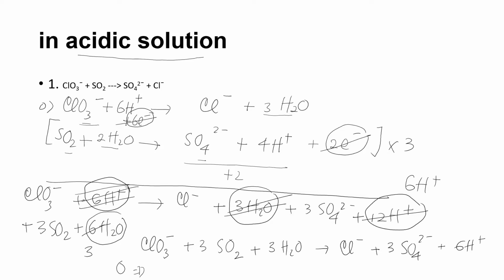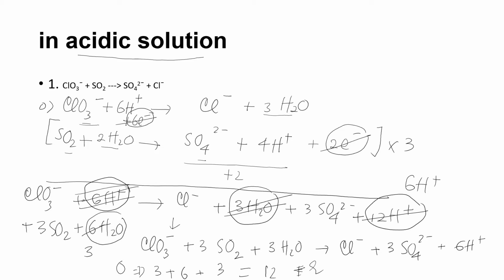The number of O is 3 on the left plus 3 times 2, 6, plus 3 times 1, 3, equals 12. On the right hand side we have oxygen 3 times 4, 12. So already balanced the number of oxygen, and the charge is -1